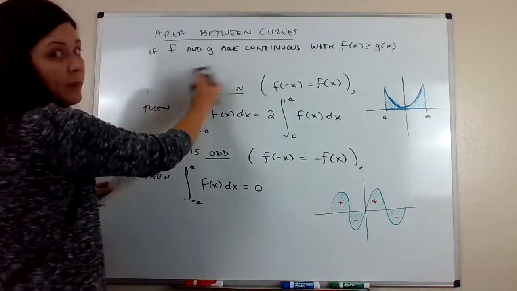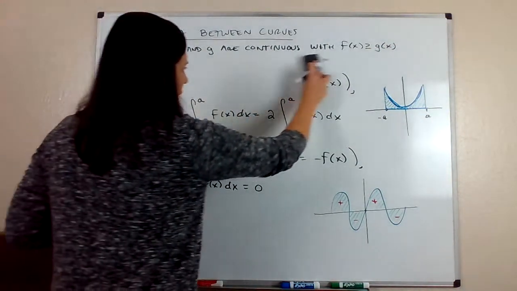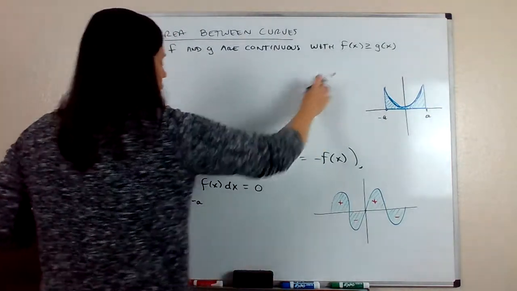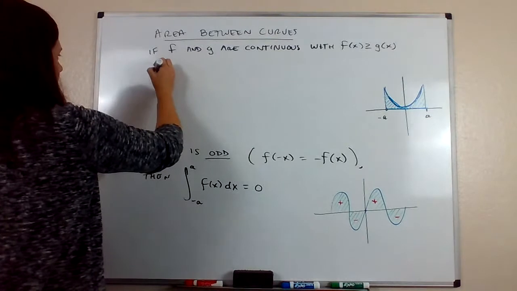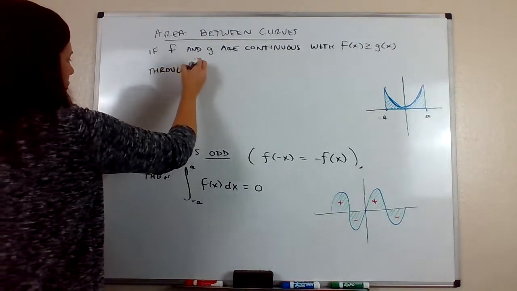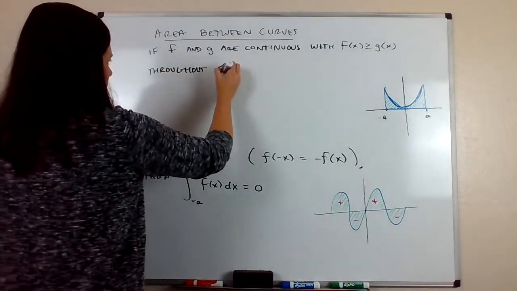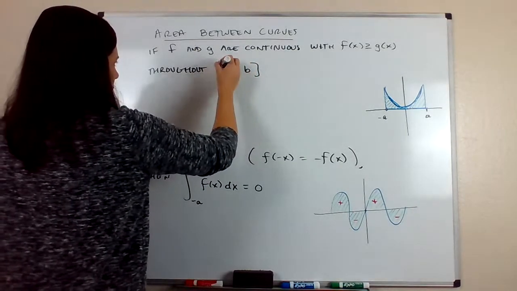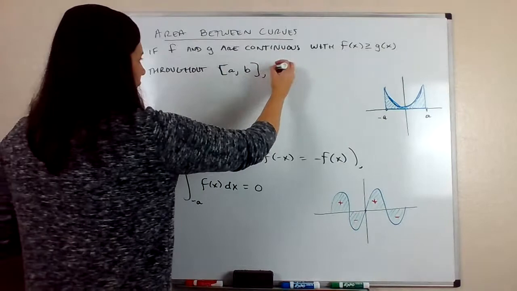There's a reason why one of them has to be bigger, and I'll explain and show you why. So if f of x is always bigger or equal to g of x throughout some interval from a to b,